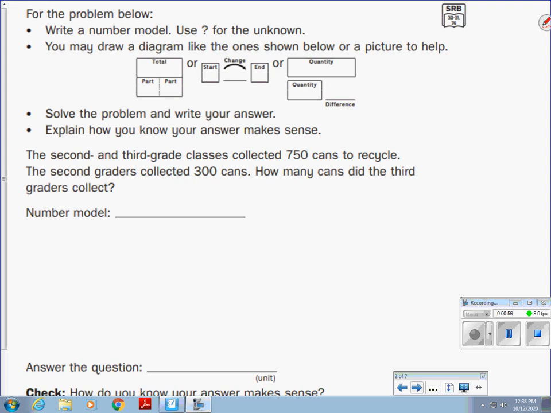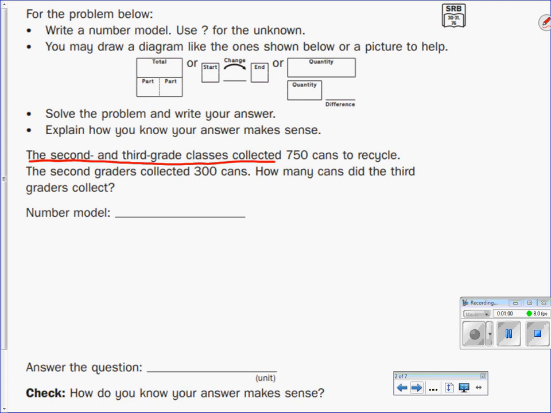All right, let's go back and see what we know. We know that the second and third graders recycled 750 cans. We also know that the second graders collected 300 of those cans. So what we want to find out is how many cans the third graders collected. Okay, so if we look at our diagram up there,